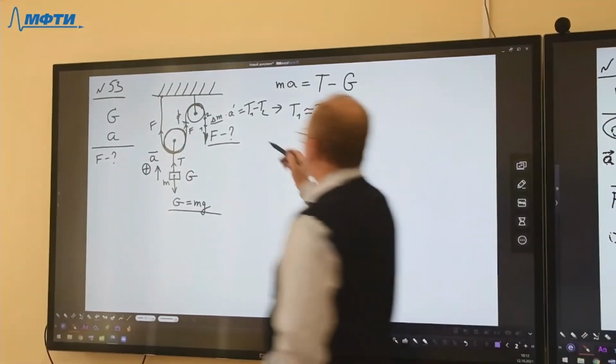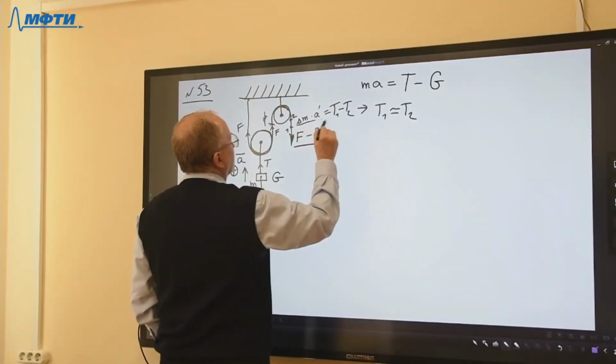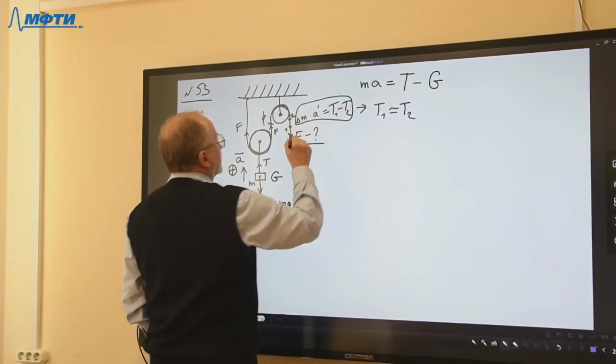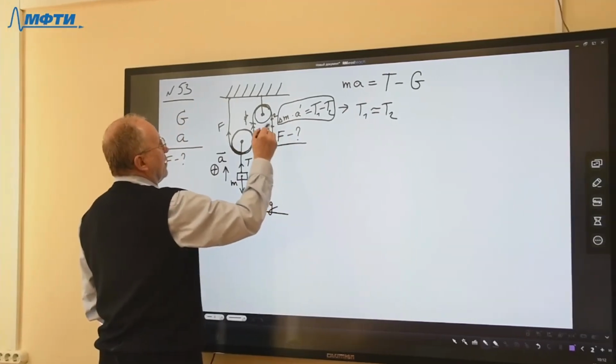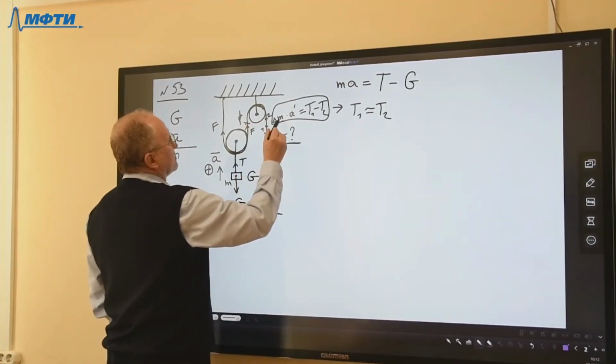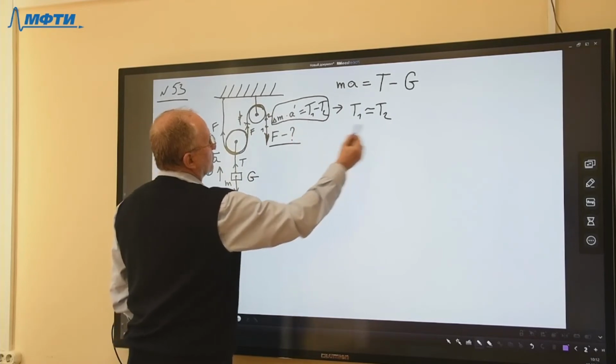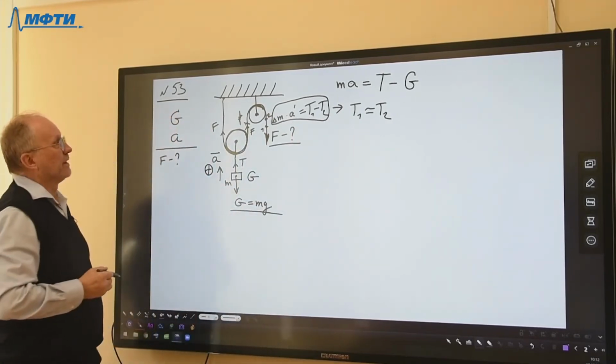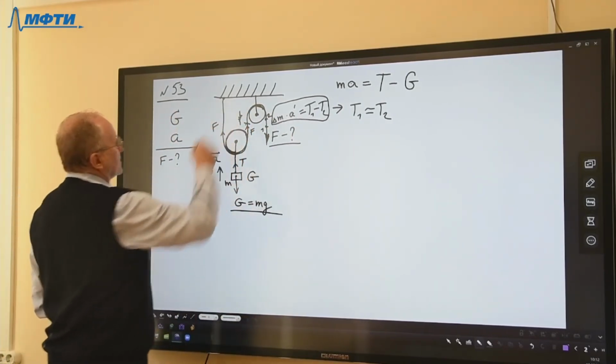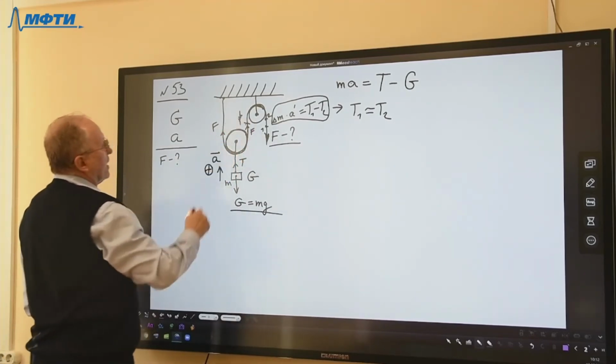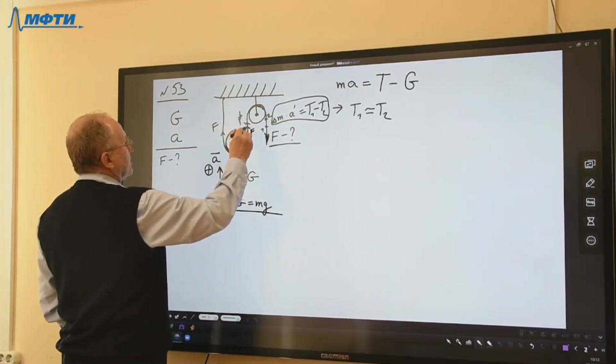From Newton's second law, we conclude that if the mass of the section of the string is very small, then these two forces are practically equal. So the force of tension is the same everywhere along the string, and we have two forces of tension